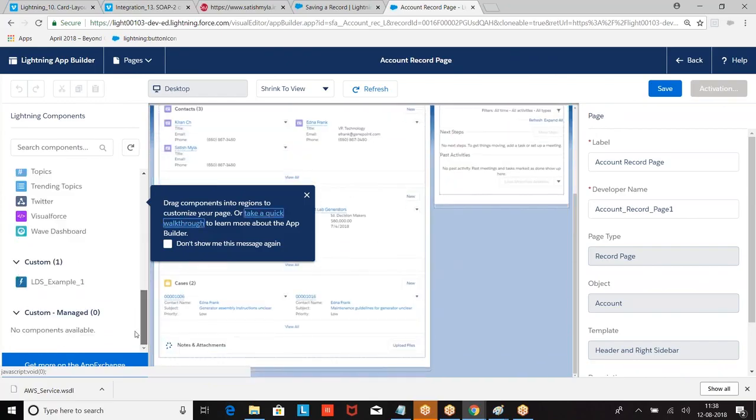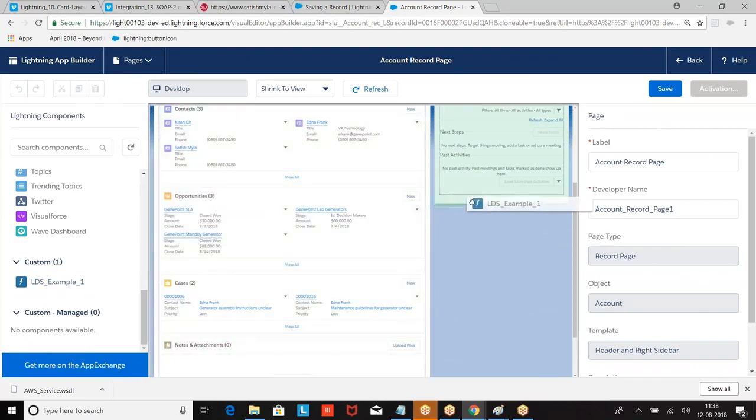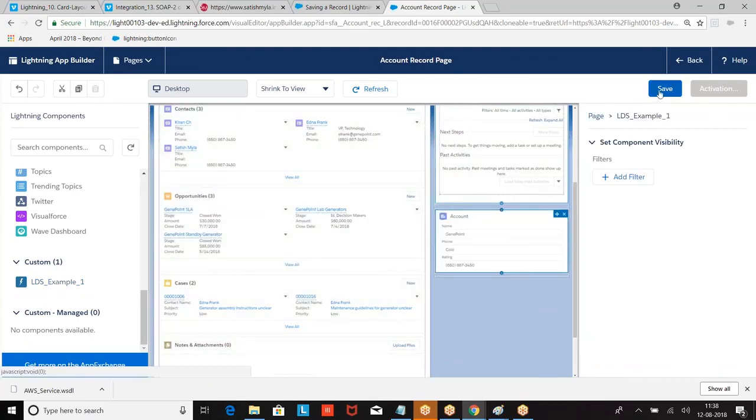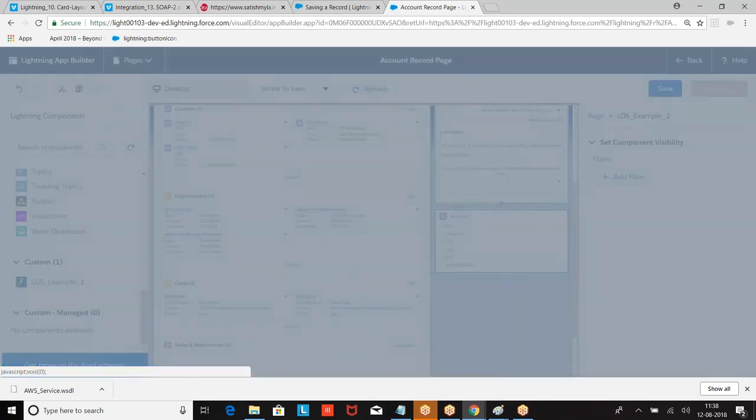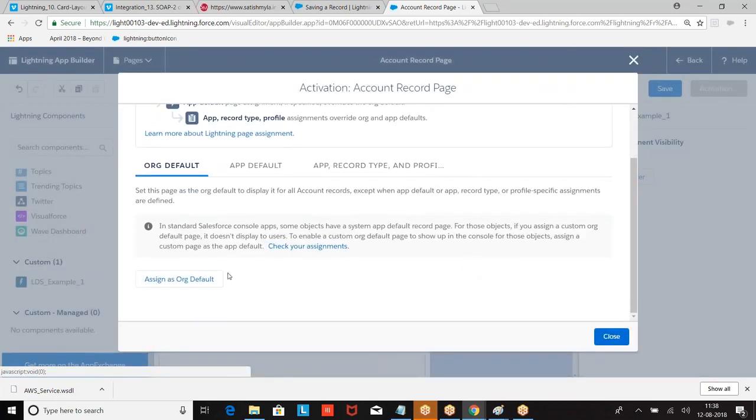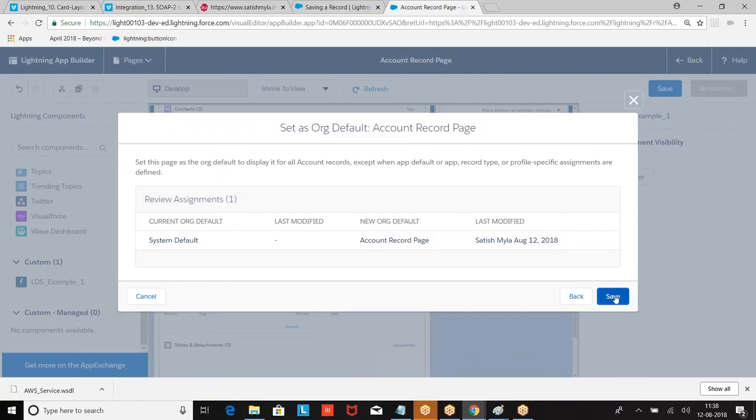Component is not added here actually. Yes. Save. Activate. Assign as org default. Save it.